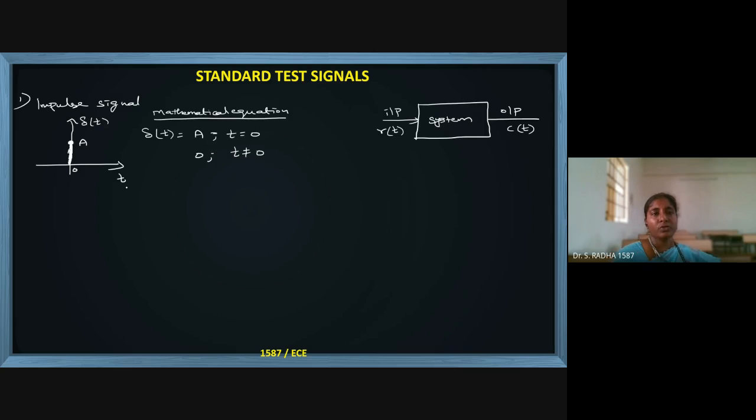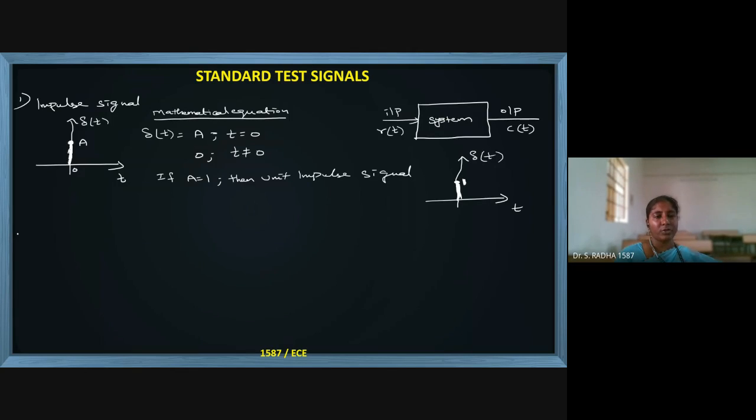So if this capital A equal to 1, it is called the unit impulse signal. In that case, you will draw the diagram with x-axis and y-axis, name is del of t only, on the x-axis you will represent t, and this height you will write as 1 unit. If height is 1, it is called unit impulse signal. This is about the first signal.